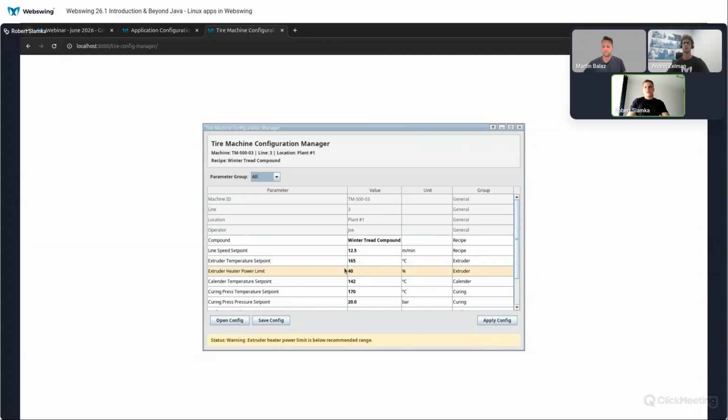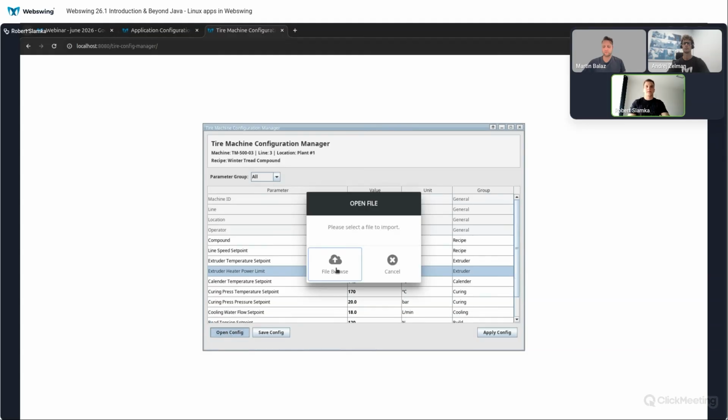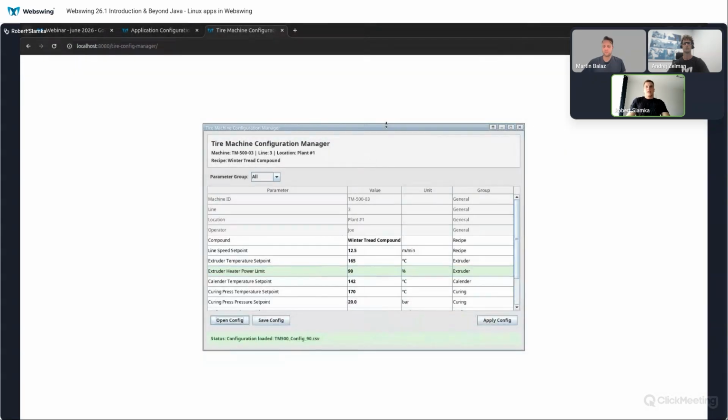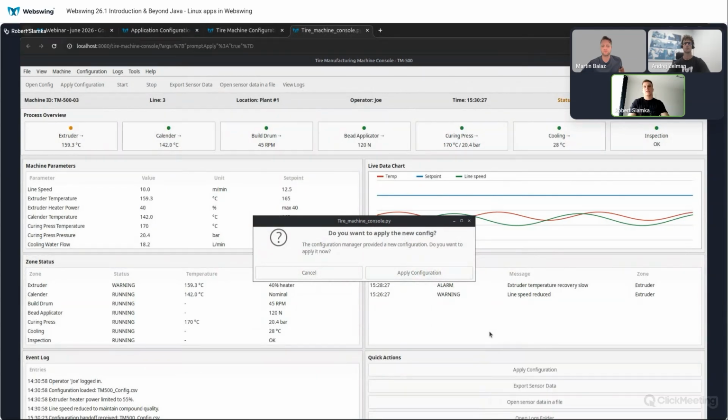So we can fix this two ways. We can either just type the value here and hit enter and then apply config, or we can open an existing config that contains the proper value. So let's do that. And now we could either save the config and open it in the other application, or we can hit the apply config button here. And now we can see that the Java application has launched a Linux application and passed